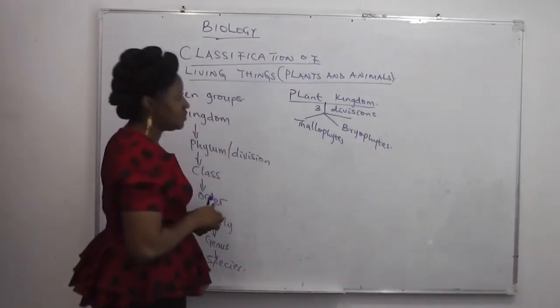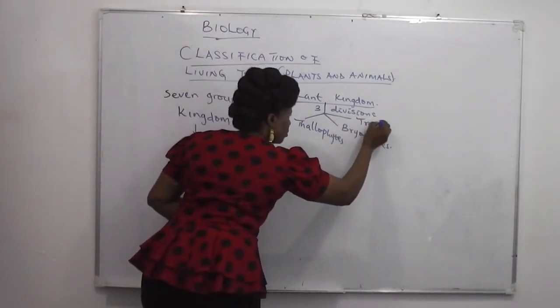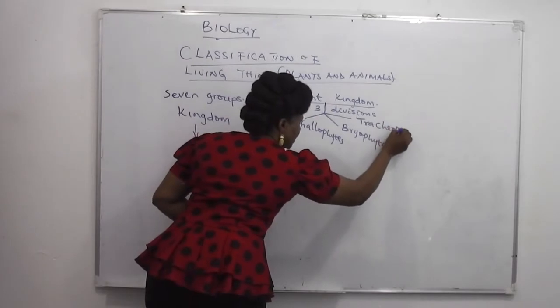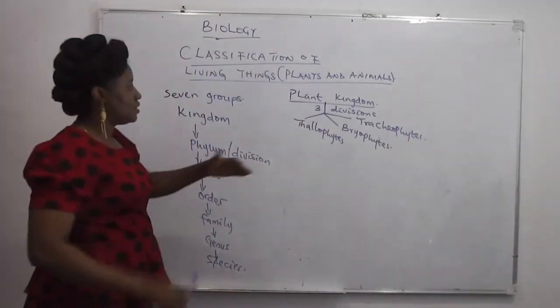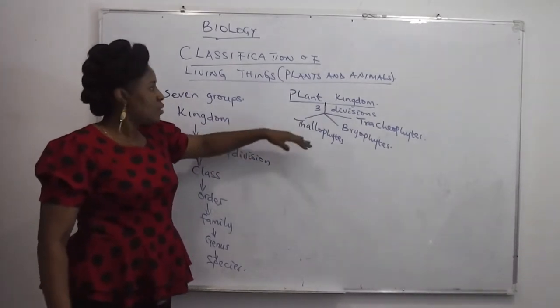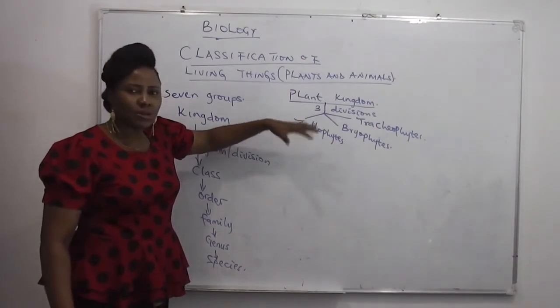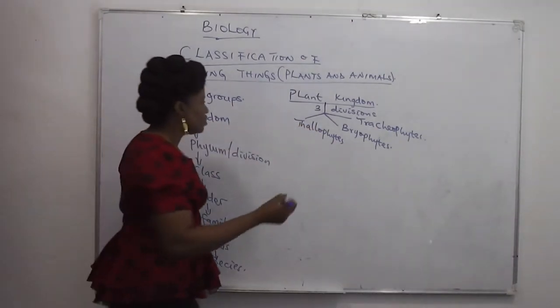And the last division, we have the Trachyphytes. If you look at these divisions, it is from the simplest to the highest. When you talk about the Thallophytes, it's just simply about simple aquatic plants, which include organisms like